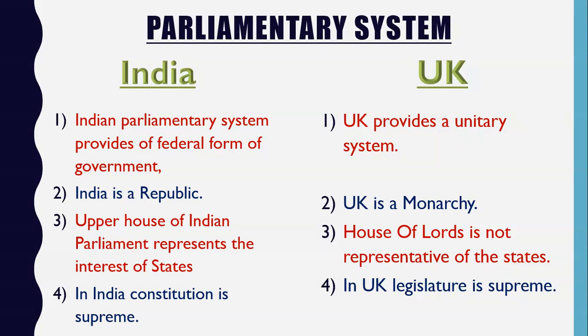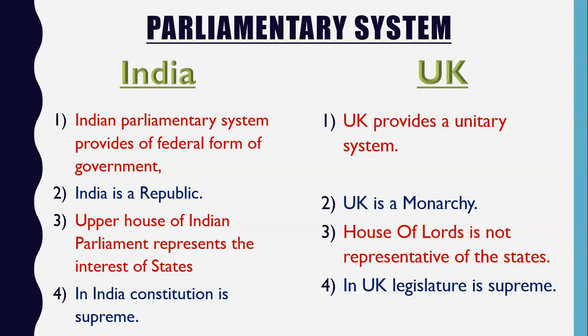But the UK is a monarchy. So what is monarchy? Monarchy means a hereditary system. So in the UK, the head of the UK is a single person, because monarchy is the rule of one. The monarch of the UK can be the king or the queen of the UK. So the head of the UK is a single person and he is hereditary. Hereditary means the son of the king will become the king. So the son of the monarch of the UK becomes the next monarch of the UK.